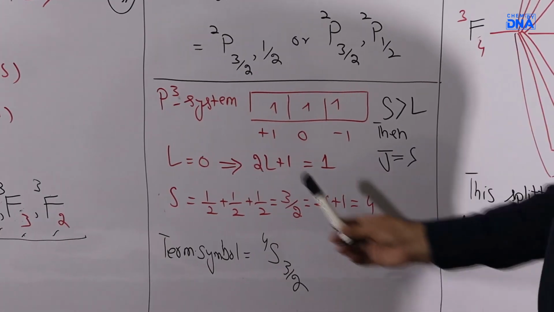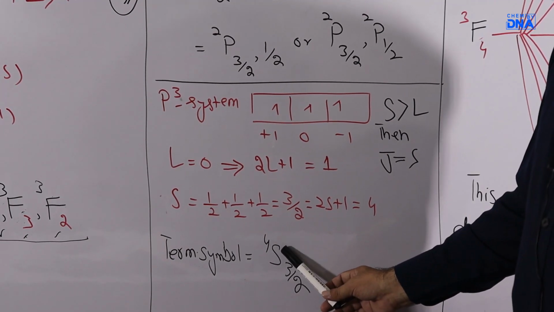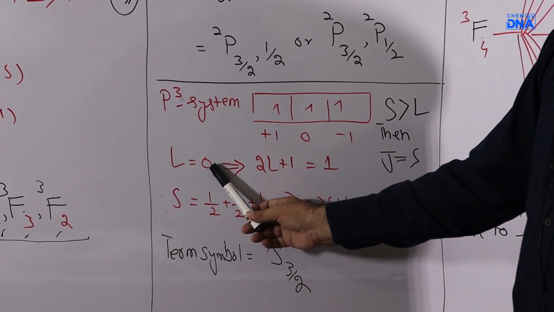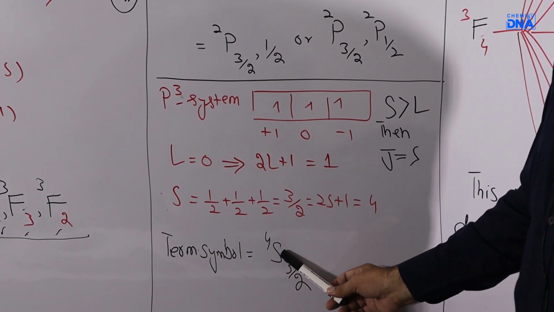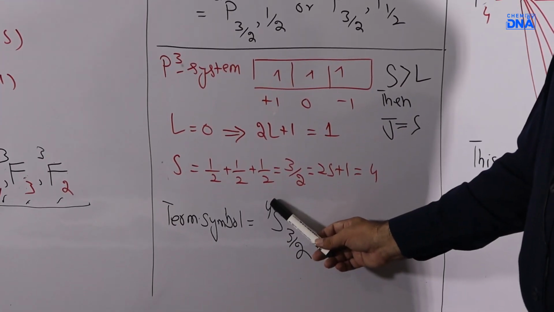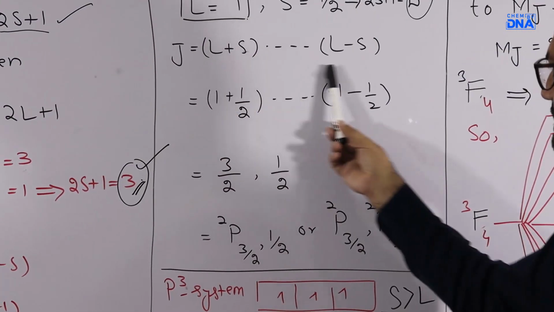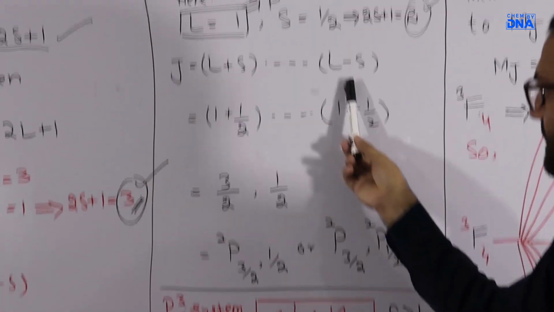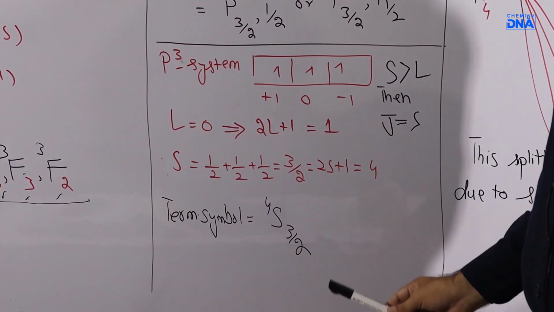You will place this 4 over to this term, which is your S term, and this is obtained from here, that is L is equal to 0. That stands for the term S, S quartet. And similarly, you will get by this formula, which is from the LS coupling scheme or Russell-Saunders coupling scheme, that this J value is equal to 3 by 2.